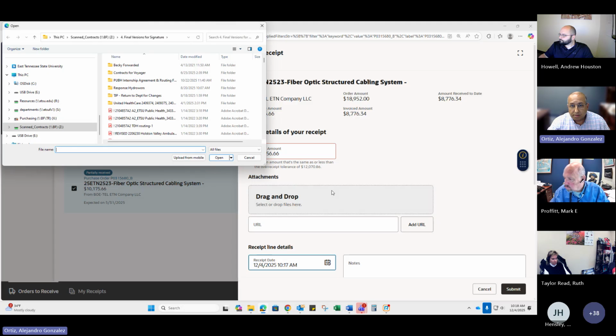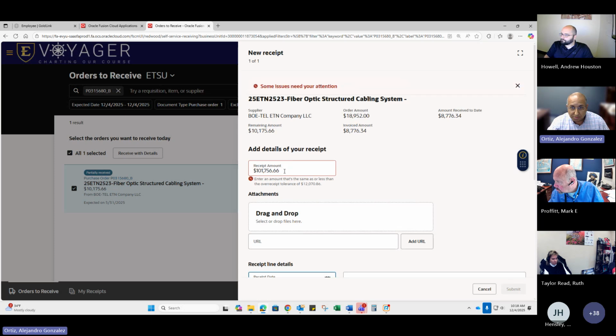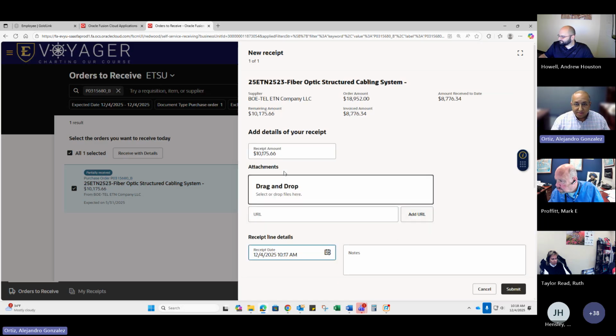Oops, I put my finger too much, not 100,000, 101,000, too much. There we go. So once you're done with that, tab over, and then I guess best practice, you can put in a packing slip, or some people put invoices just to have documentation. And then basically once you do that, you would just click submit, and